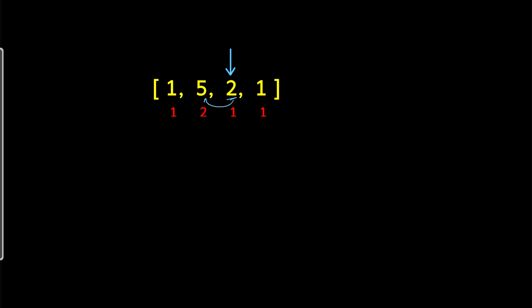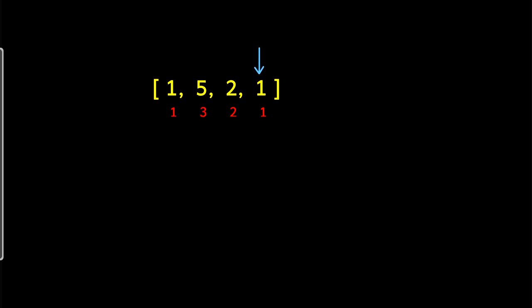2 is less than 5, but when we compare with the right neighbor, 2 is greater than 1. So we will take the right neighbor candy plus 1. So here we will get 2. 2 was greater than 1. So here this child got 2 candies. But if we go left, 5 was greater than 2. So this child is supposed to get one more candy so as to have more candies than them.